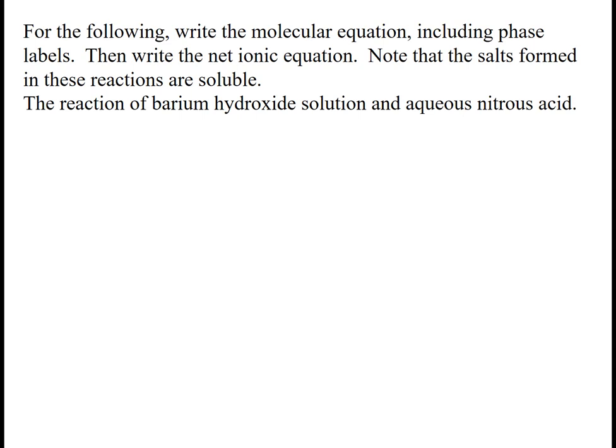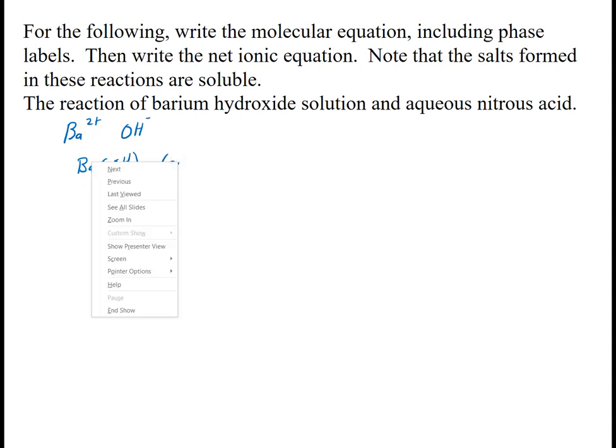So when I look at this, the reaction is between barium hydroxide. Barium has an atomic symbol of Ba, and it's in group 2A, so it's a +2. Hydroxide is a polyatomic ion with a -1, so it's Ba(OH)2, and it tells me that this is a solution, so it's aqueous,